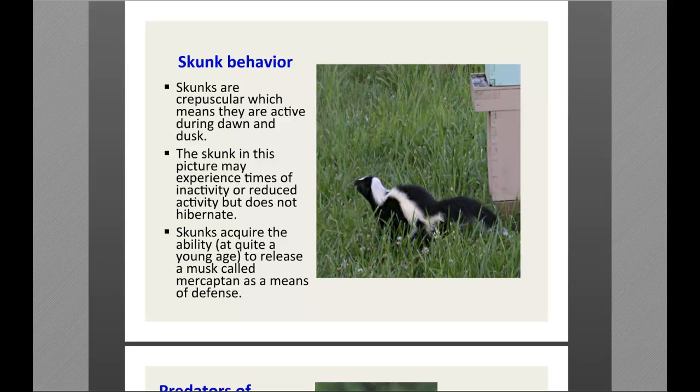The skunk you see here in the photo was one that I photographed, and I'll be telling you a story about that in just a little bit. But the skunk does not seem to actually hibernate during the winter as, let's say, a bear would. It does go into a period of inactivity for at least several weeks or so in the middle of the winter when it's very cold. They remain in their den. Now there may be occasions when it's a very bright moonlit night or a very dark cloudy day that you might see them out and about, but primarily dawn and dusk.